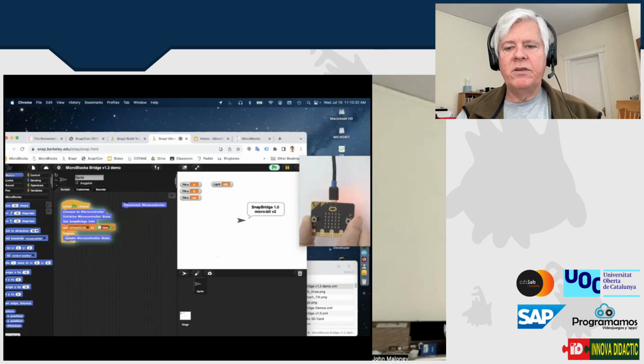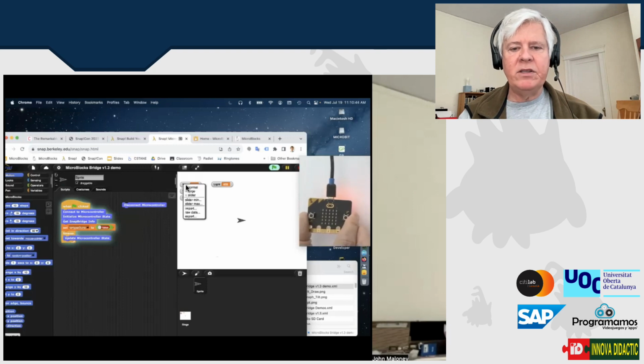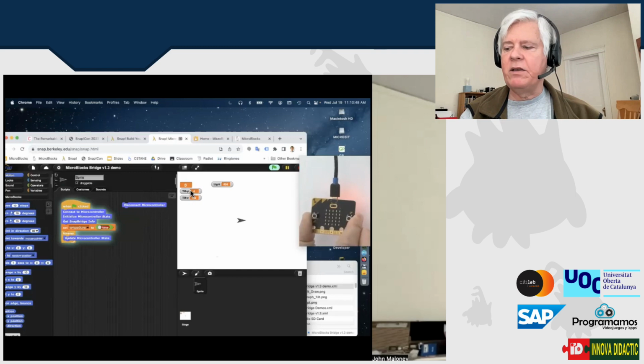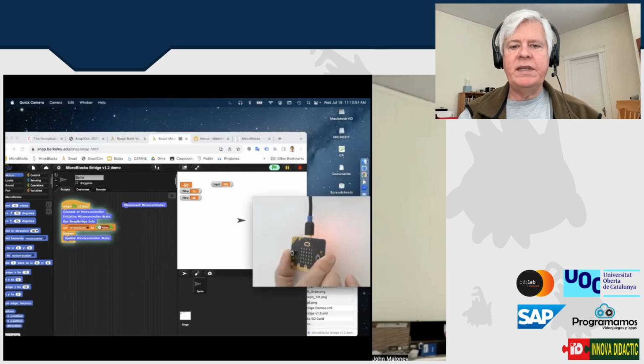And you'll see this little momentary pop-up that says Snap Bridge, and that is a good sign. It shows that you're actually connected. And after that, it starts updating some values here. So it may be hard to read this, so I'm going to make this larger. So this is the tilt X value. If I tilt the microbit to the left, you'll see that it becomes